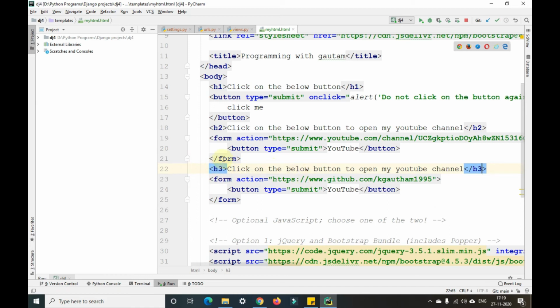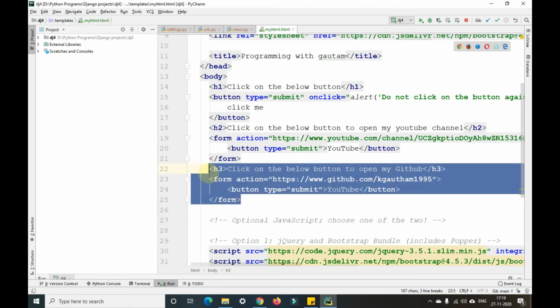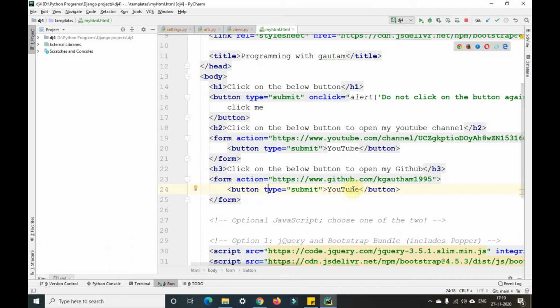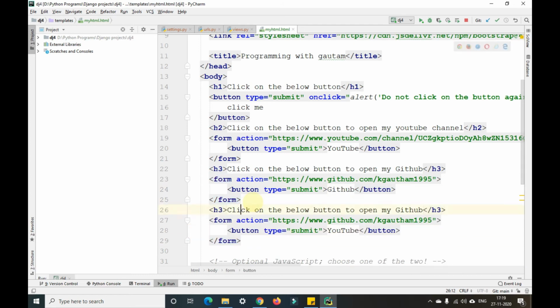As you can see, I have not changed it here, but it has automatically changed there. GitHub. Okay, in the same way, I'll create another one. Go to the next.